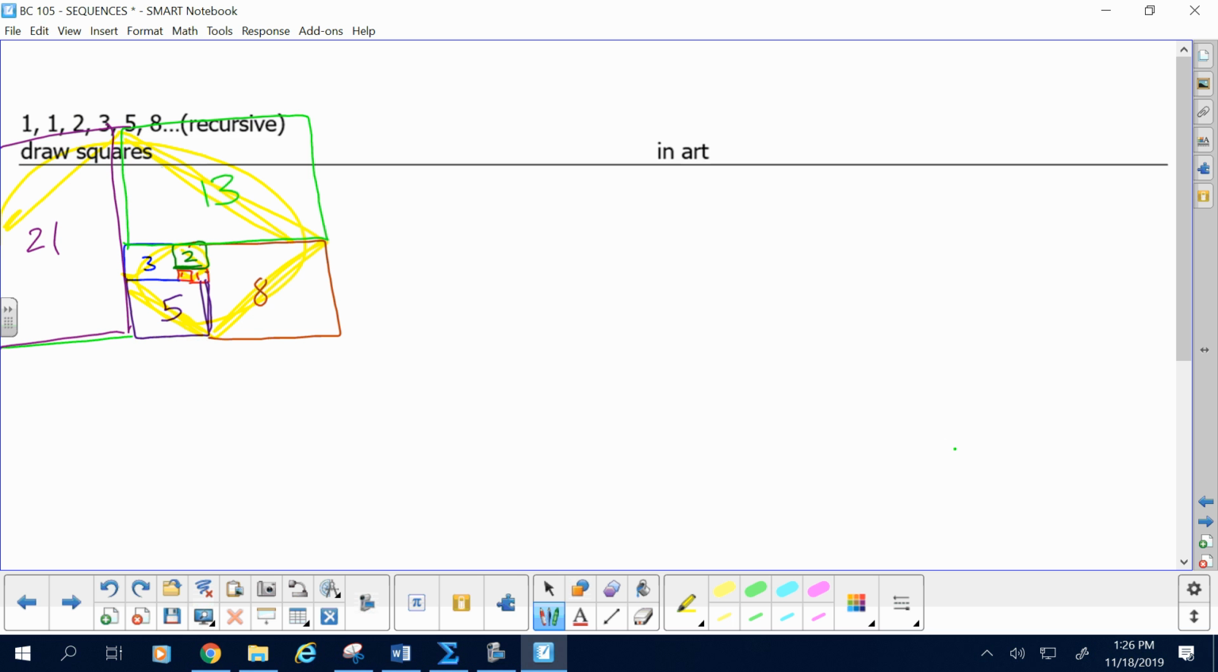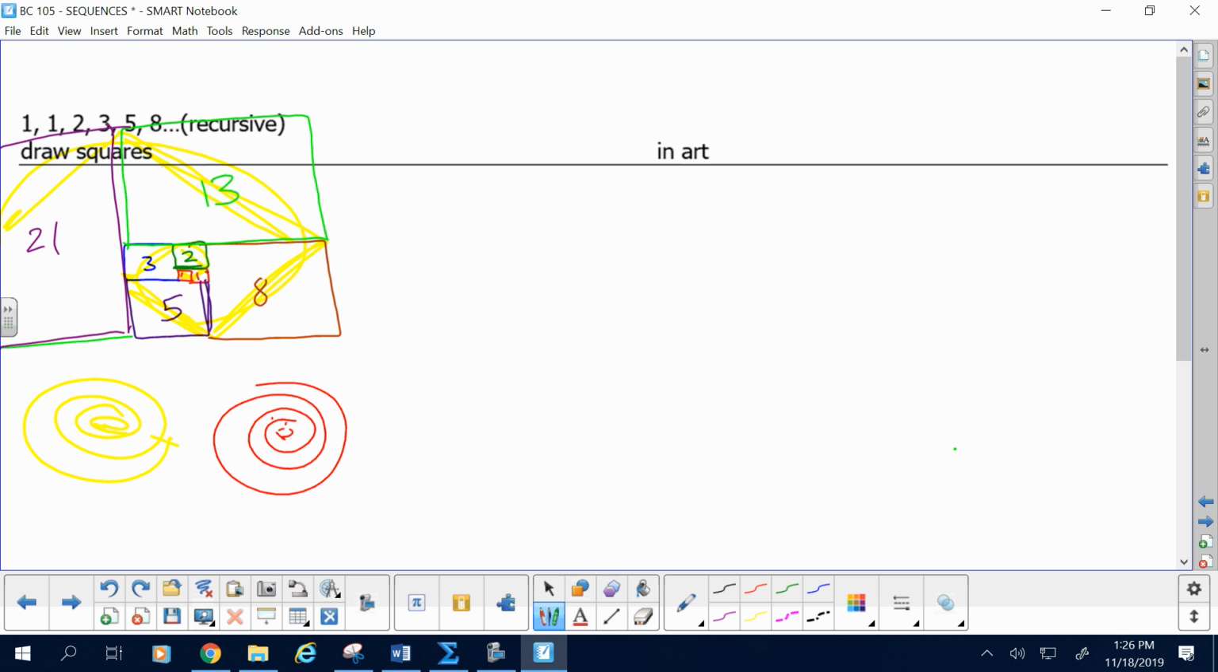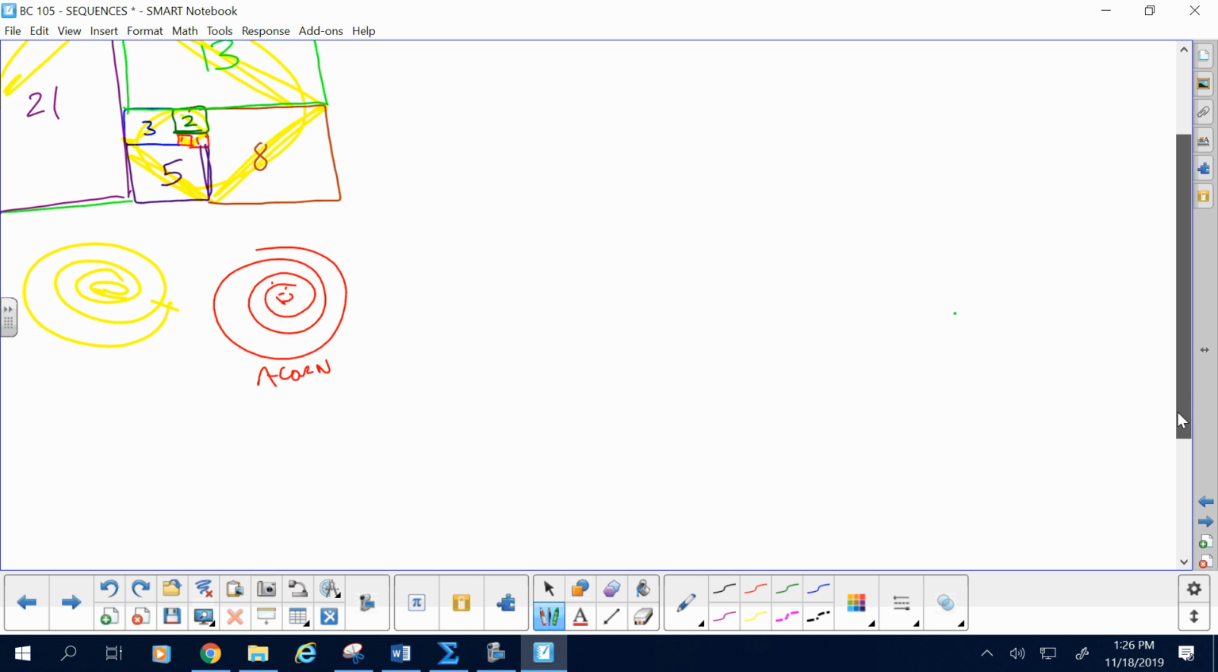Where do you see a spiral? Snails, yes. Snails, or all those mollusks, they have a Fibonacci spiral to them. Also, trees, acorns. If you look at an acorn from above, all those Fibonacci spirals. Acorn, okay? Also, if you look at a tree from above,